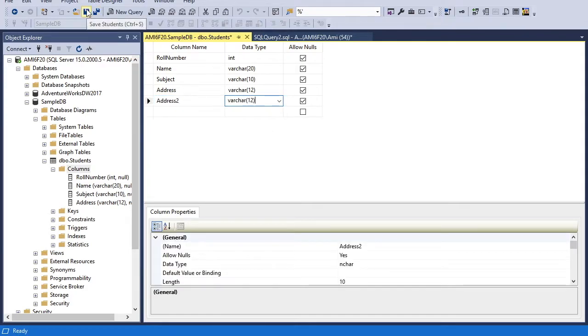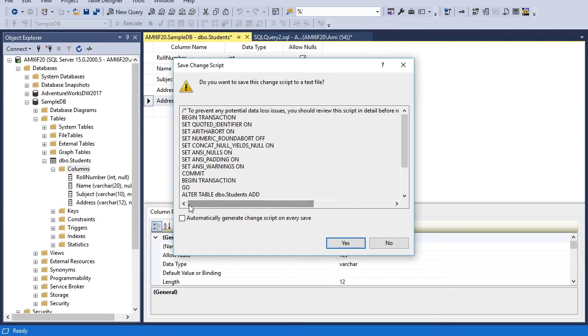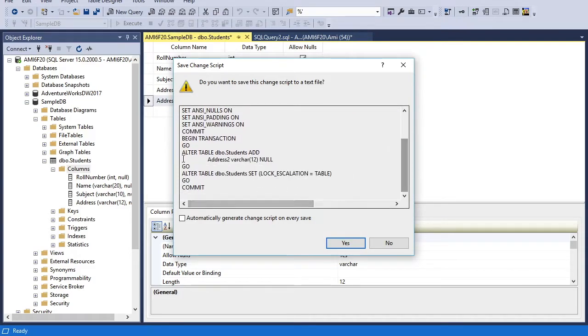Now by saving here I can create this new column in this table, but this time I will not save this. I can also generate the script of this new column by right clicking and going into the generate change script option. You can see the script here, and here the exact statement, ALTER TABLE. Copy this,